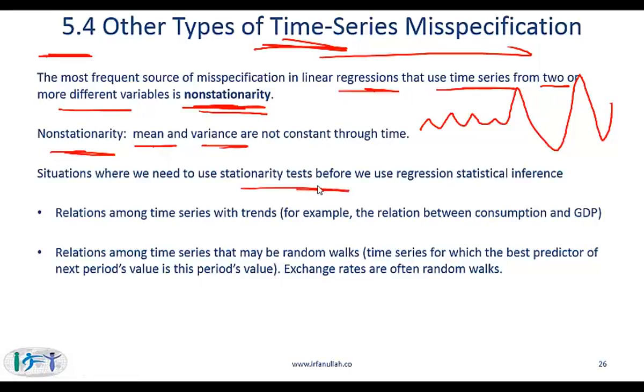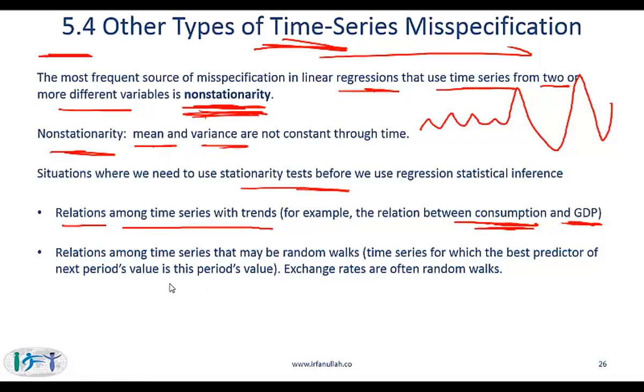Situations where this happens, because when this happens, that messes up our regression, and we need to have ways of dealing with this. This happens when you are looking at the relations among time series with trends. For example, if you are looking at the relationship between consumption and GDP, do both of these have trends? So consumption also moves in cycles. Sometimes in a given economy, consumption is high, then low. What about GDP? That also has trends, it has cycles with time. So when you look at the relation between these two, there is a chance of running into this